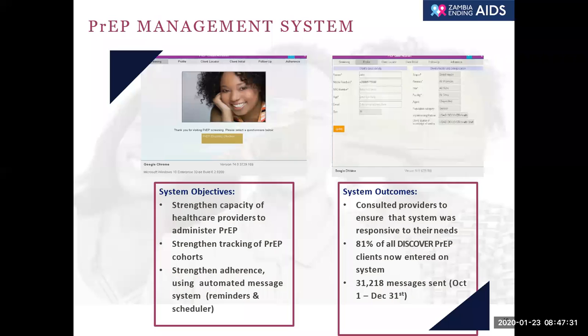In September 2019, an inbuilt appointment reminder and message schedule system was activated. The message schedule